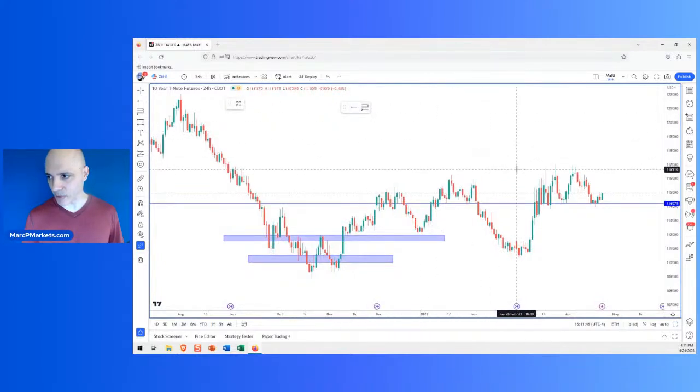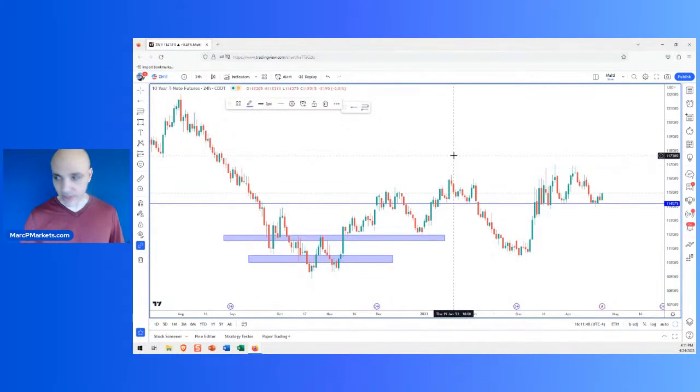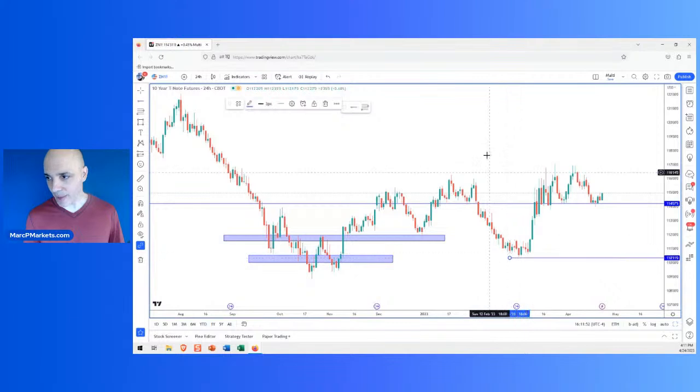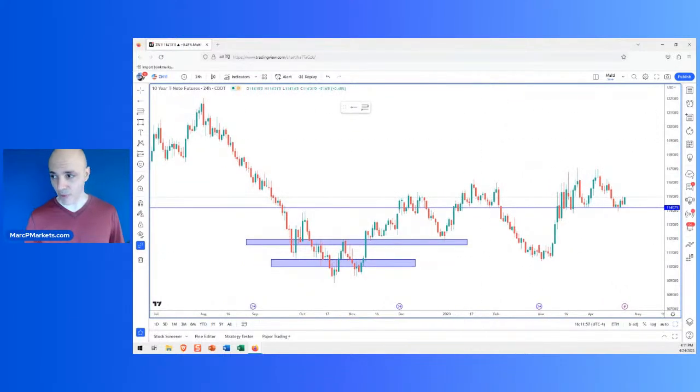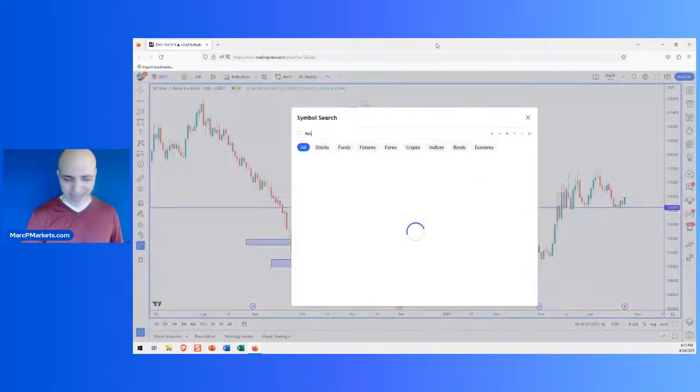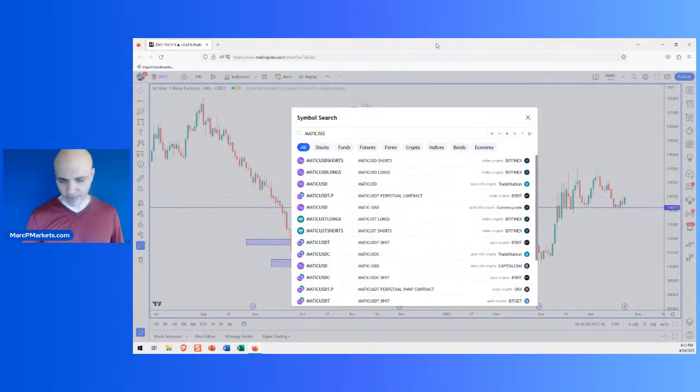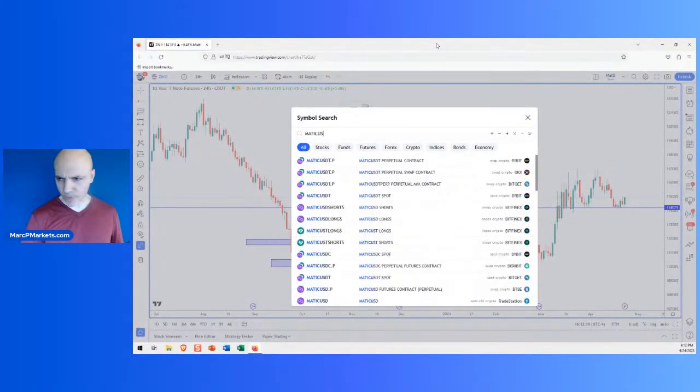So the bonds need to do something. If the bonds break out, then I would be more interested in sustainable rallies. If the bonds break lower, look out. I would not be interested in any sustainable rallies. Right now, this thing has to decide, and it's not really telling us anything useful here. There's really nothing to judge here. It's got to break one way or the other. Does that make sense? So that goes back to something like a Matic or any altcoin, for example. So I hope that answers your question.